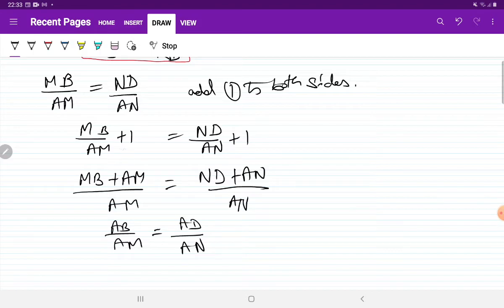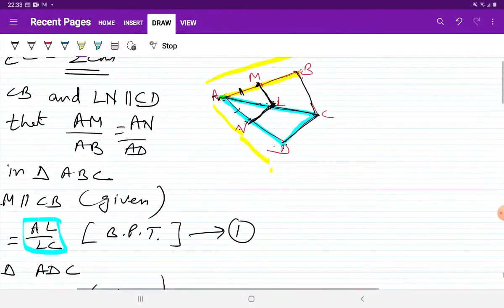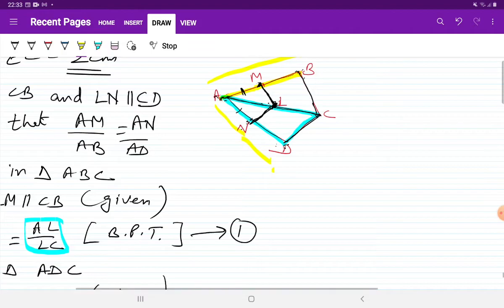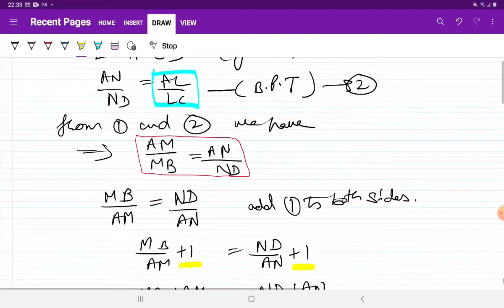So now come to this point. Why are we adding this 1 here and on this side? Left and right side, we are adding 1 to both sides. Why we are doing so? Because I want side AB. To get AB, I have to add 1 so that I can take LCM, and AM plus MB together will give us AB. Okay. So see, we cannot change the denominator. So for that we have to take the reciprocal.